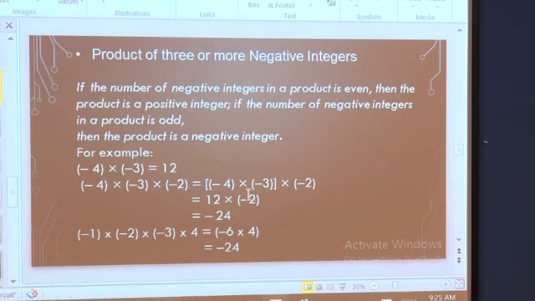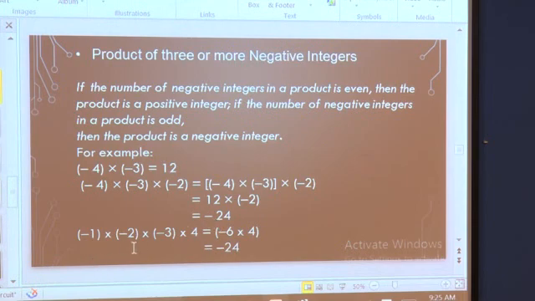Yes, because here it is only one time, so we get an answer as a negative integer. So 12 2s are 24. So it is minus, so -24. Here we have done 1, 2 and 3 times, that is we multiplied the integers an odd number of times. So I told you we get a negative as an answer, or we get a minus.